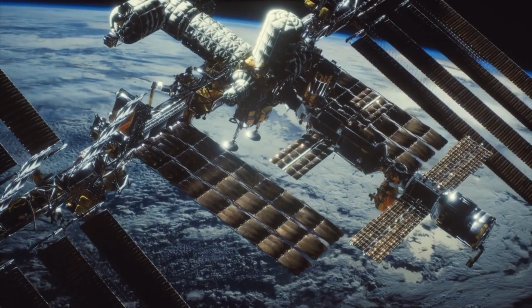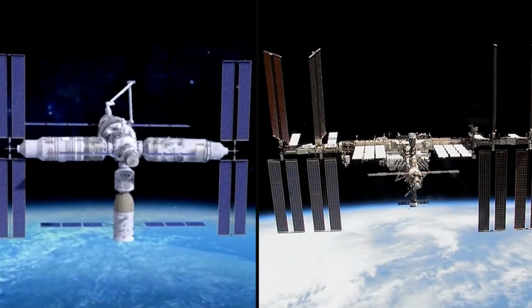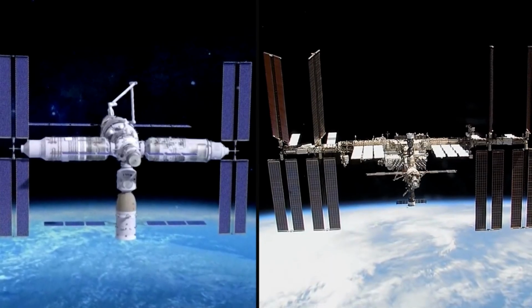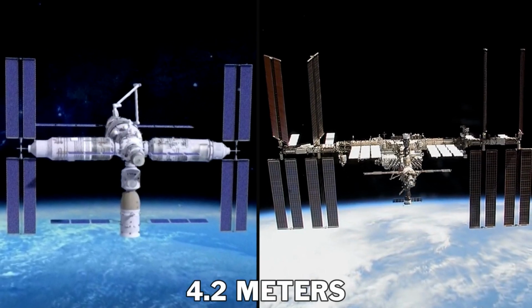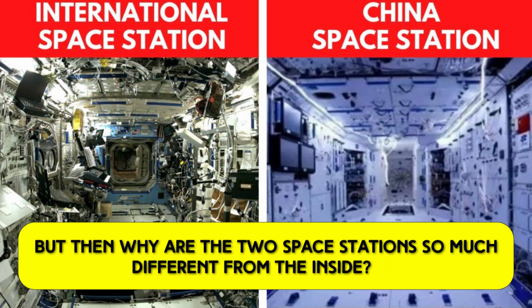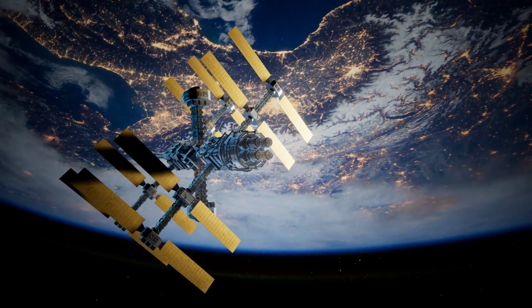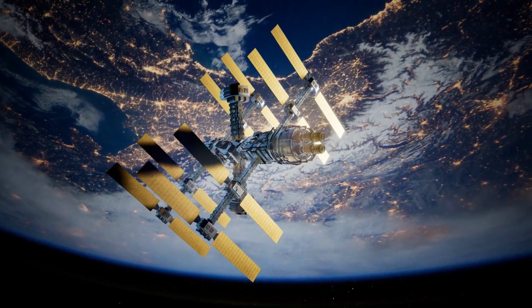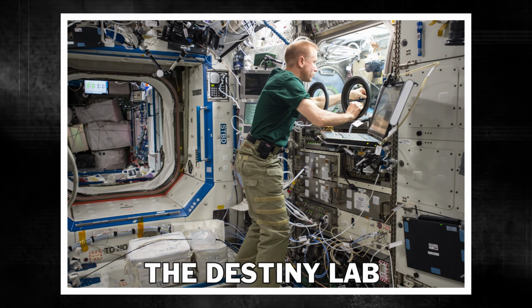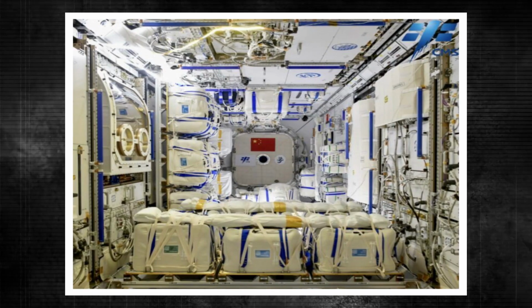Now, the first thing you may notice is that the Tiangong space station is far more spacious than the ISS. The overall aesthetic of the Tiangong space station is very modern and minimalistic. The outer diameter of the Chinese space station is comparable to the ISS, that is, about 4.2 meters. But then why are the 2 space stations so much different from the inside? The main difference is that the ISS modules have much more connection points, which create bottlenecks. For instance, the Destiny Lab in the ISS is only 8.4 meters, while the Mengtian modules are about 18 meters